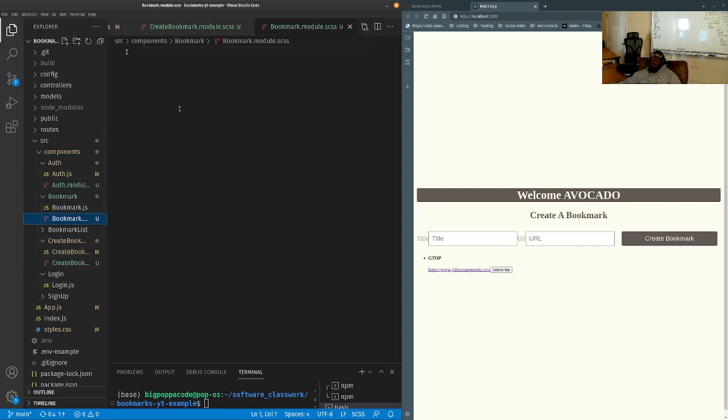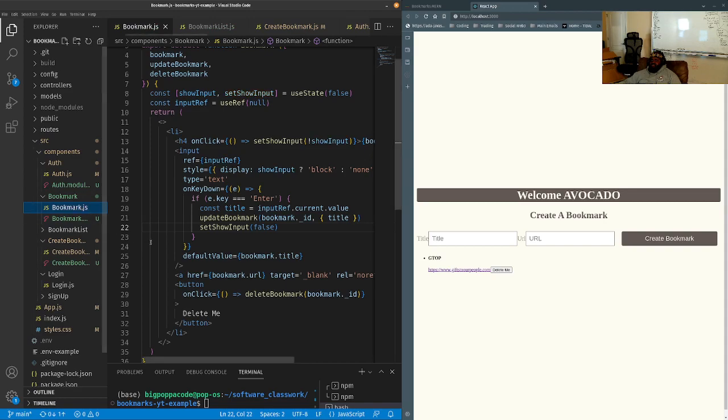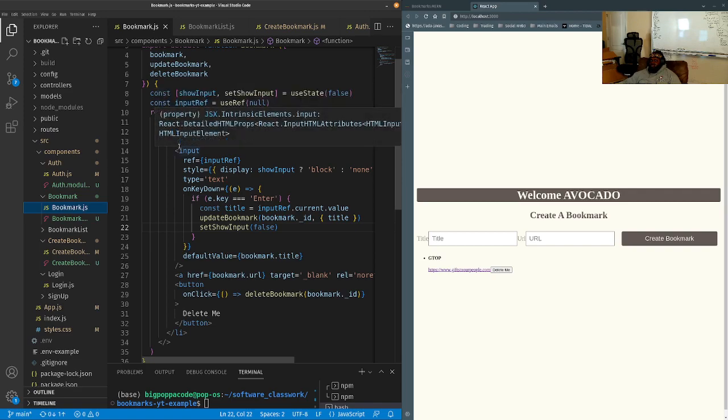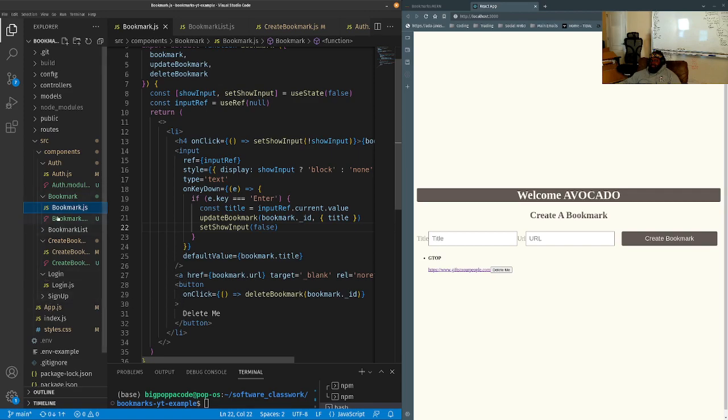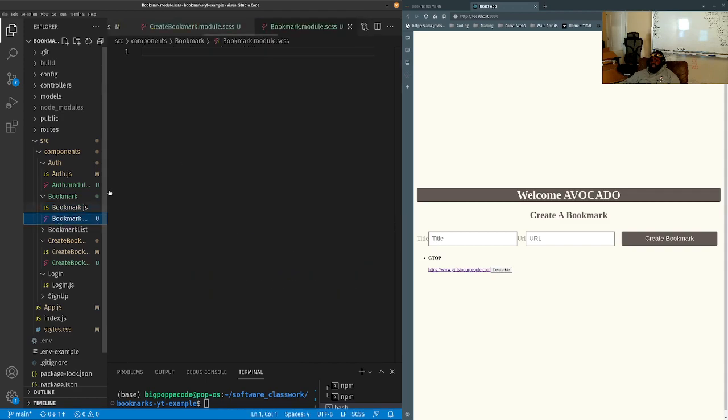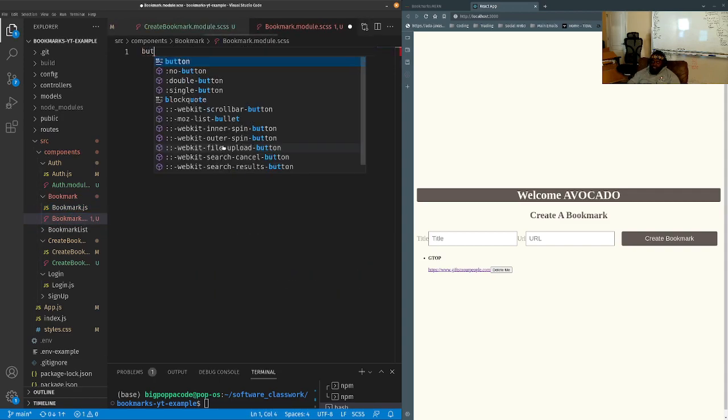For that, there's not really that much style here. We just want to get rid of the text decoration, and then we want the anchor tag and the button to look different. So all we're going to do is take the button